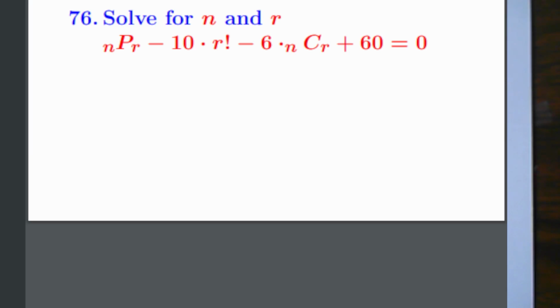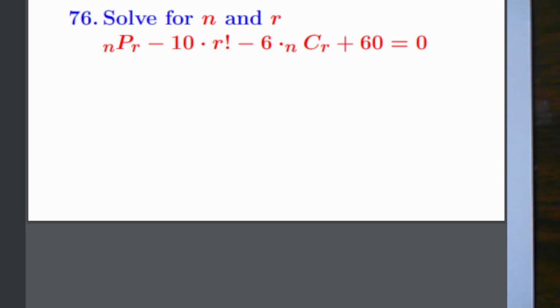Today I will try to find the value of n and r in the equation nPr minus 10 times r factorial minus 6 times nCr plus 60 equals 0. Normally, if we have two variables, we need two equations to get the values. If we have three variables, we need three equations. But here, our job is finding the values of two variables, and we have only one equation,